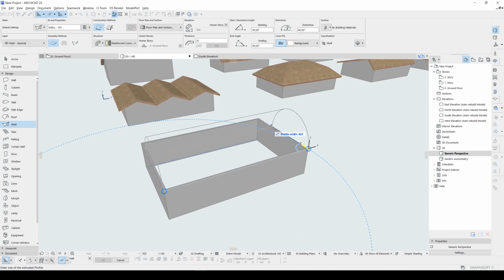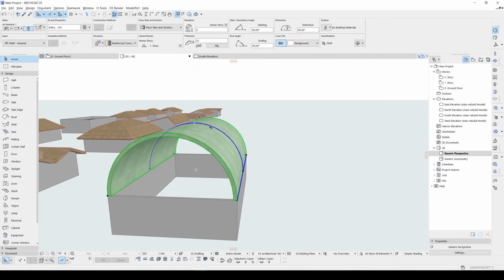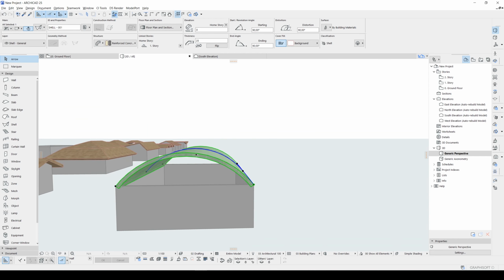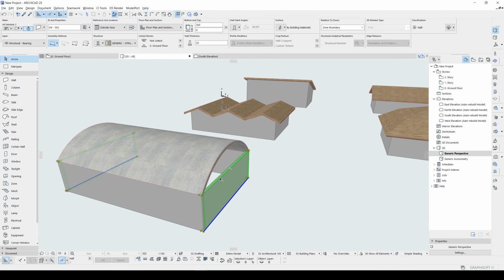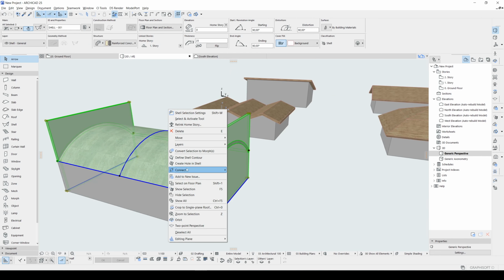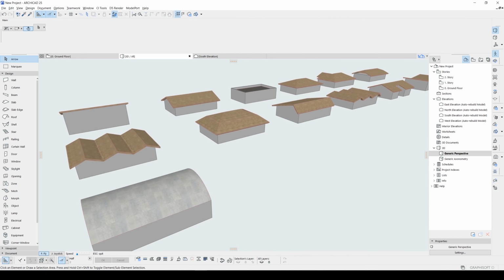And second, we will determine our width for the roof. You can change the shape, this reference edge. To make it easier, you can create a section and create any shape you want. Yeah, that's all.